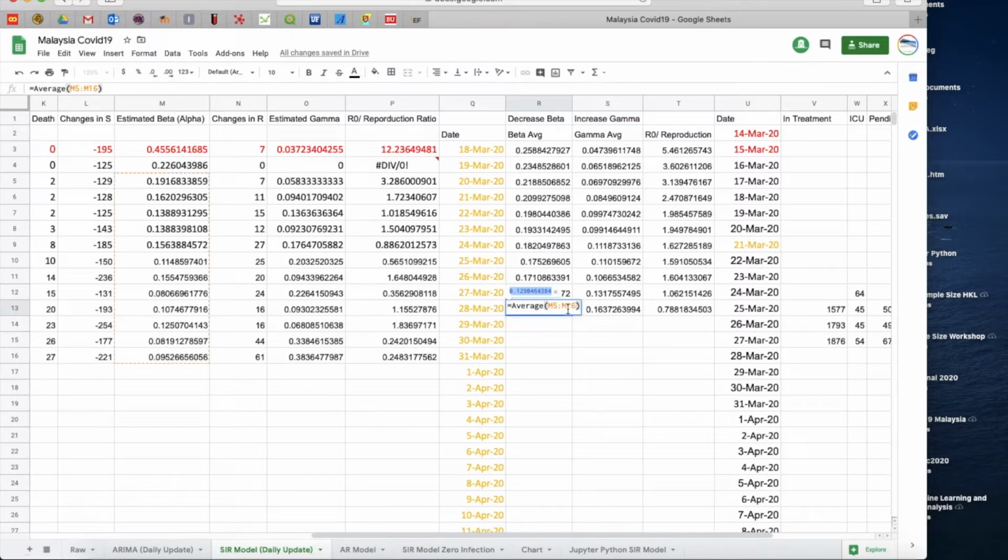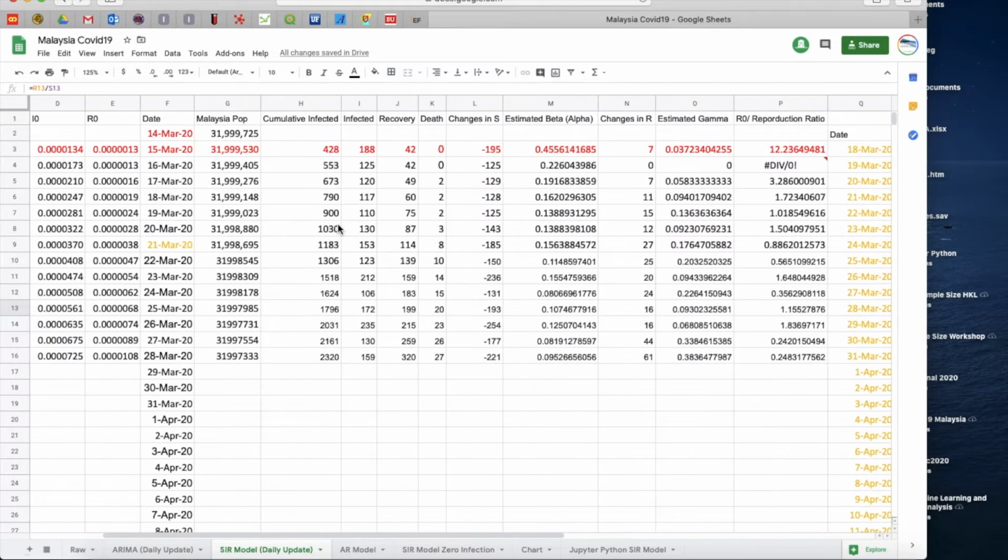This is the average for the analytics. And if you can see, the reproduction number is actually slowing down from 5 until it's less than 1. So to be truthful, theoretically speaking, based on the data that I currently use for this particular model, it may suggest that